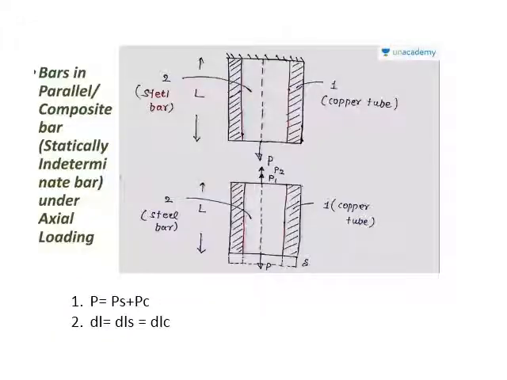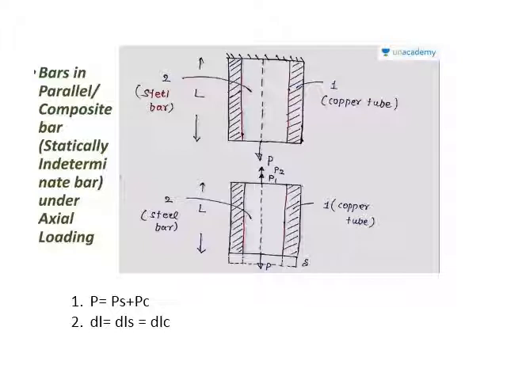I'll show you an example. As I said, I have given you an example of an RCC column. We shall study another example. As you can see in this picture, at the central portion you have a steel bar. Basically this is a circular section. This steel bar is coated with a copper tube. You can see this is a longitudinal section basically. So a copper tube, shaded area, has been shown here.